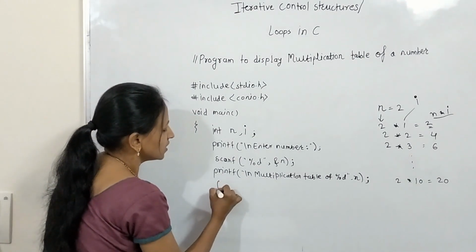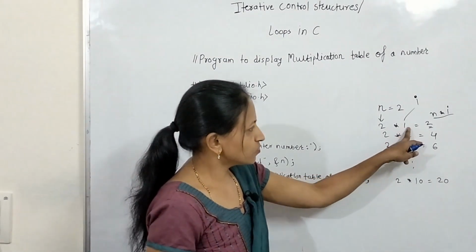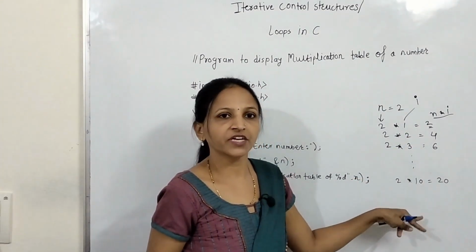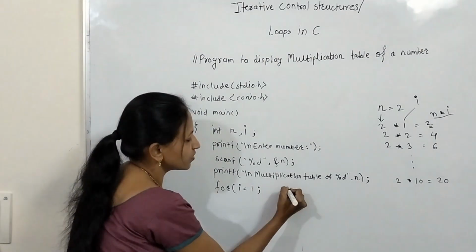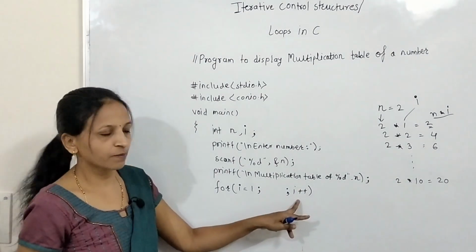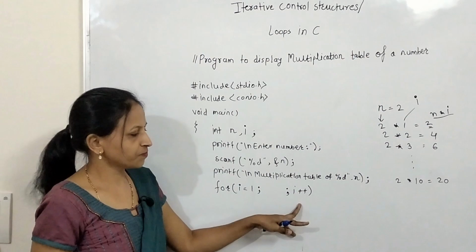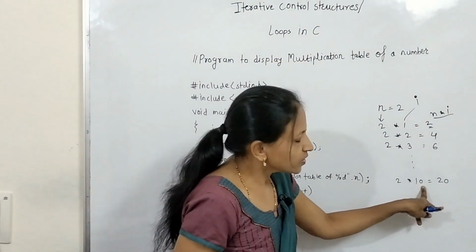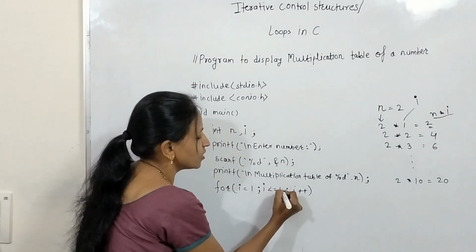Now see here we will start the for loop. Initially we have to start from 1, and it should always be incremented by 1 every time. That's why we write i equals 1. Every time we increment the value of i by 1, here i plus plus. Here we can also write i equals i plus 1 or i plus equals 1, anything. Plus plus i is also okay. Now up to 10 we have to repeat. That's why we write the condition i is less than or equal to 10.